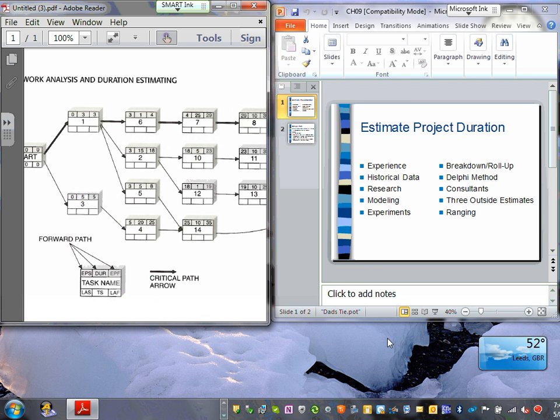Now, the next step after you have the schedule, and we said you guys can have a Microsoft schedule, the Gantt chart. You can have boxes like this, or you can have arrows or nodes and different ways of representing the schedule. What you guys are looking at when you have your schedule or your nodes like these,